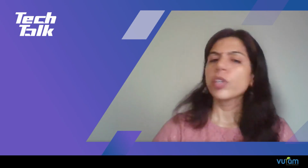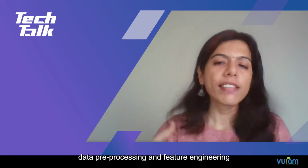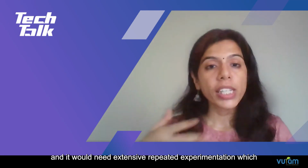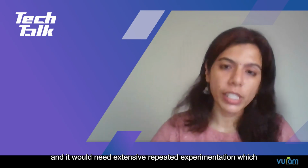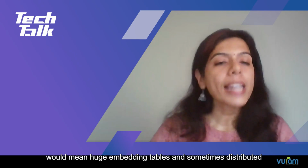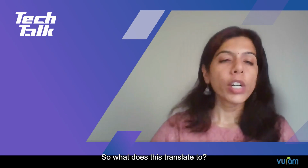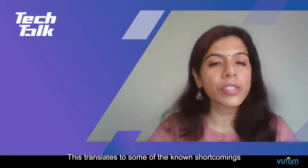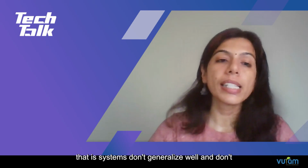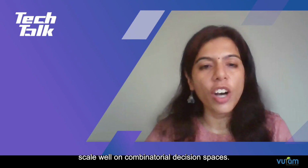data. So what are the known challenges here? Like we did mention, huge data sets, complex data pre-processing and feature engineering pipelines, all those neural networks. And it would need extensive, repeated experimentation, which would mean huge embedding tables and sometimes distributed training to accommodate that huge data set. So what does this translate to? This translates to some of the known shortcomings, that these systems don't generalize well and don't scale well on combinatorial